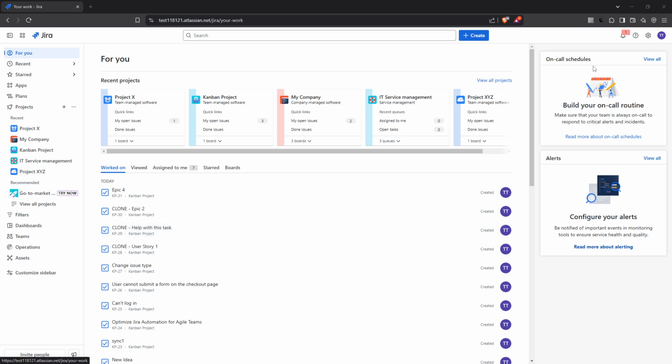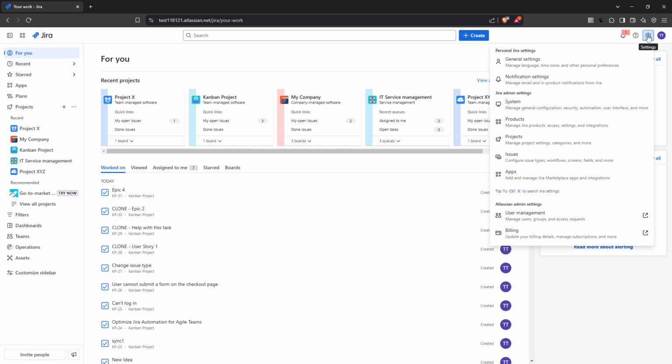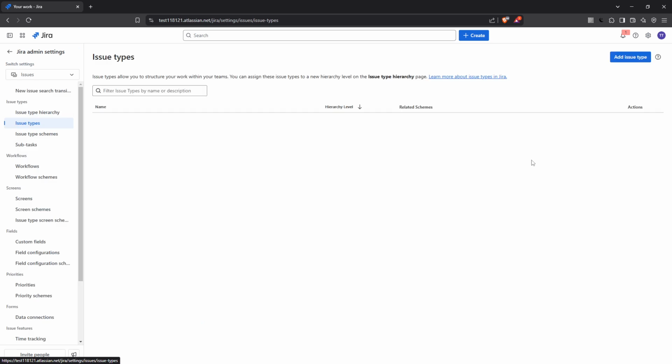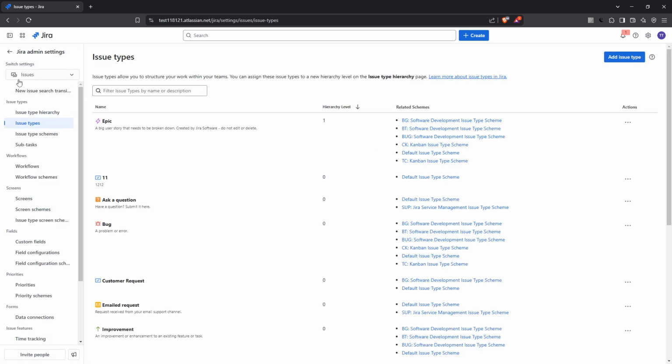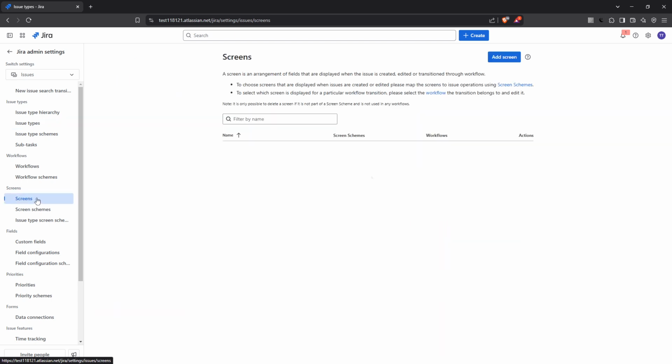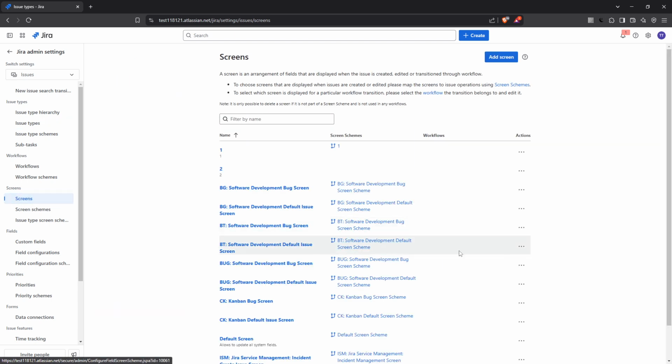team's needs. To begin, you need to access the Settings menu. You'll find this conveniently located at the top right corner of your Jira dashboard. A quick click here and you're on your way. Once you've opened the settings, direct your attention to the left hand side and navigate to the Issues section. From there, go further into Screens by selecting Screens under the Screens category. This step is fundamental as it takes you to the area where you can manage the different screens linked to